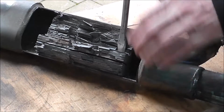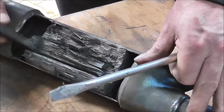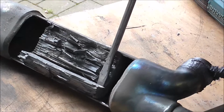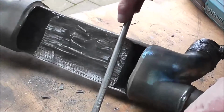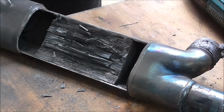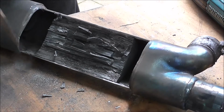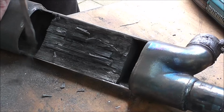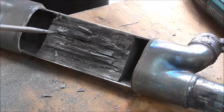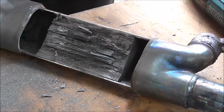And then the third one. And it just comes off easy as pie. Now that's half of it off basically, but what with us getting it that far down, I can now go in with the grinder again, cut some more slots and then just lever them out, and then